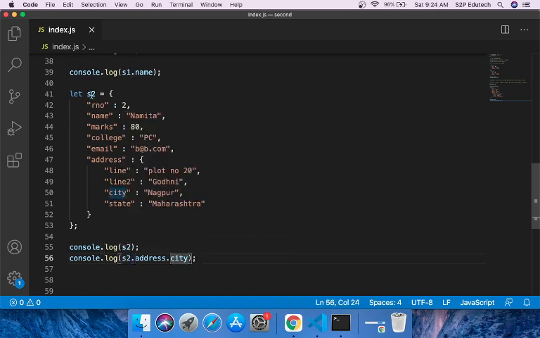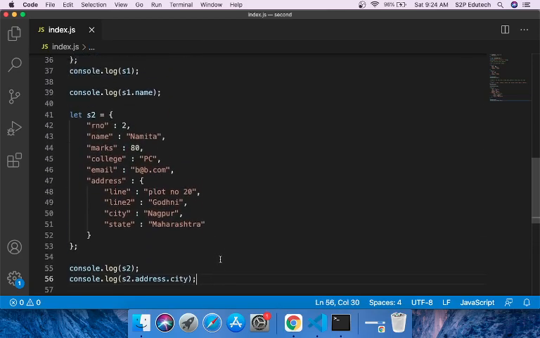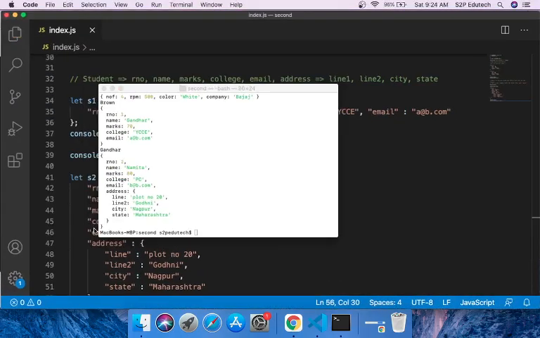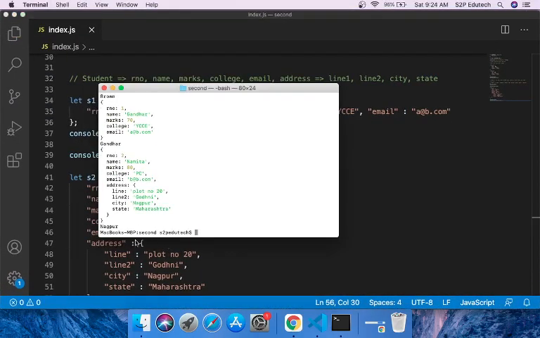Via s2, how do you access the keys of a JSON using the dot operator? I am saying s2 dot address, and the value part of address is again another JSON. So I am saying s2 dot address dot city. Now let's see if we are able to get this correctly. So what I get here is Nagpur.